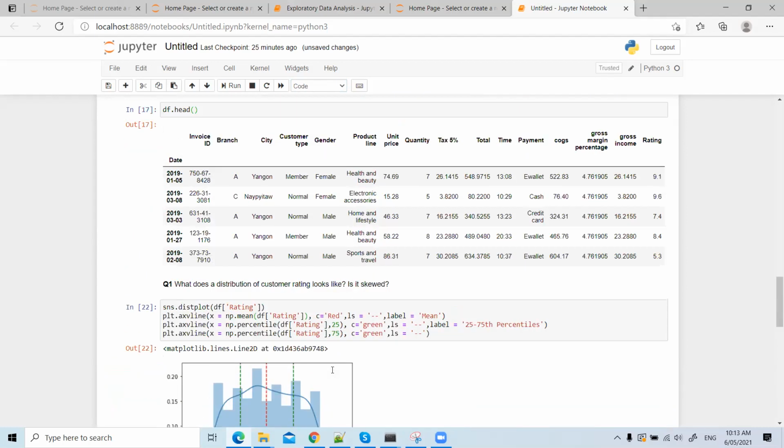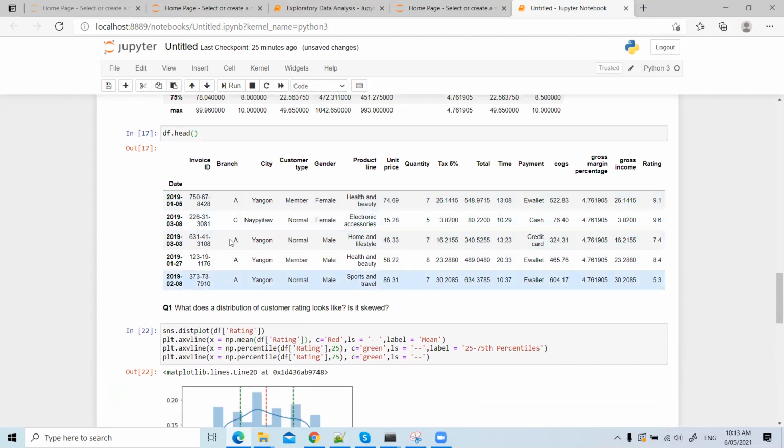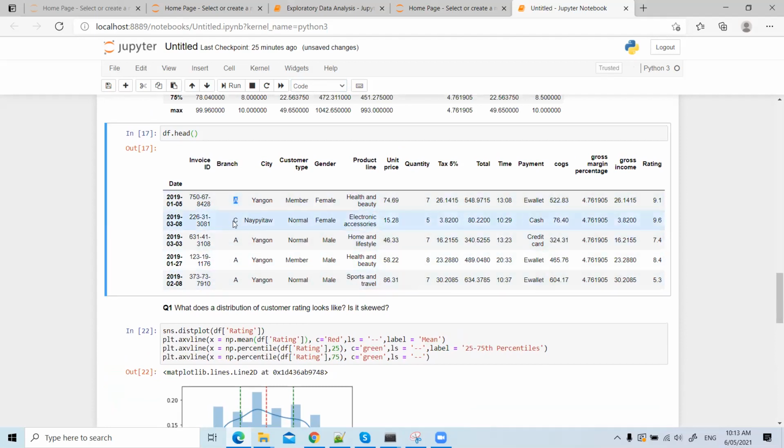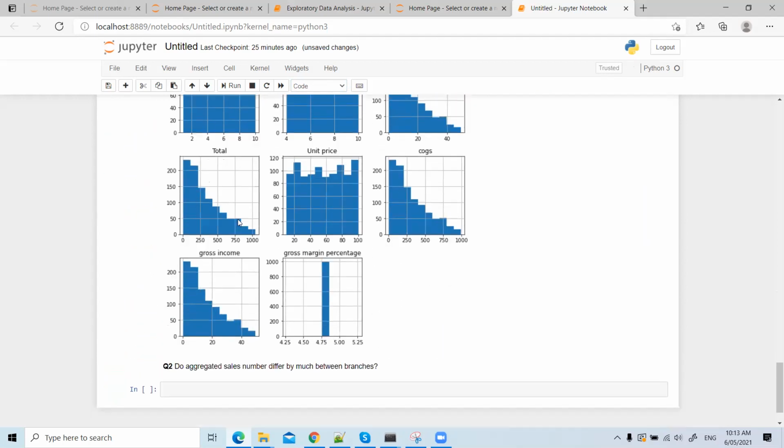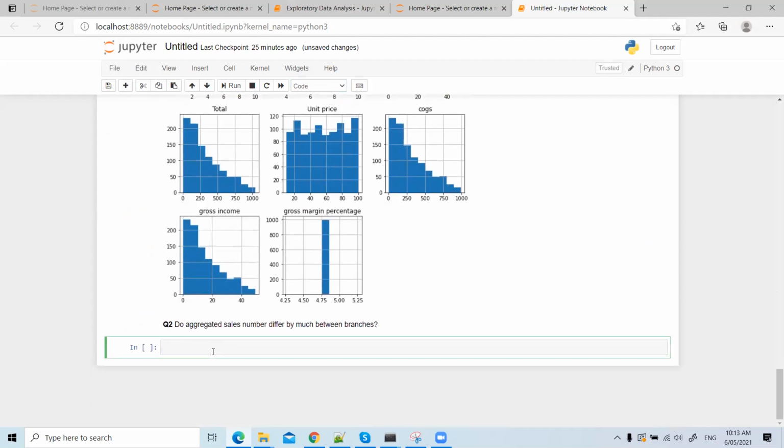So I want to check my branch here, and I want to see if the size of one branch differs from another branch or not. So to check the size of my branch,